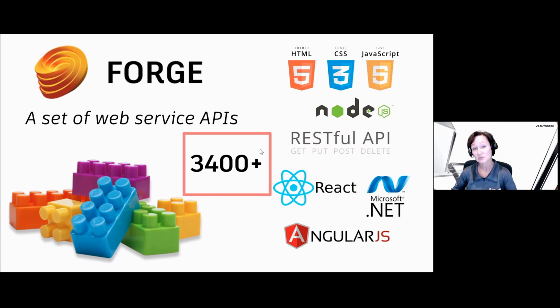Maybe you want to build digital twins. Maybe you want to integrate with ERP, PLM. Maybe you want to enable automation. We at Autodesk actually use Forge to build our own products. Fusion 360, BIM 360, that means reliability, security, performance, not only for Autodesk products, but look at this number, over 3,400 monthly active developers using Forge day in, day out. And you're welcome to be part of this community.